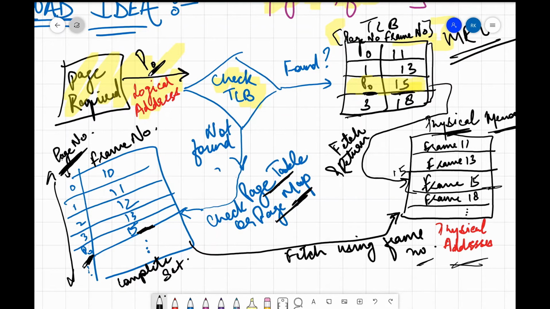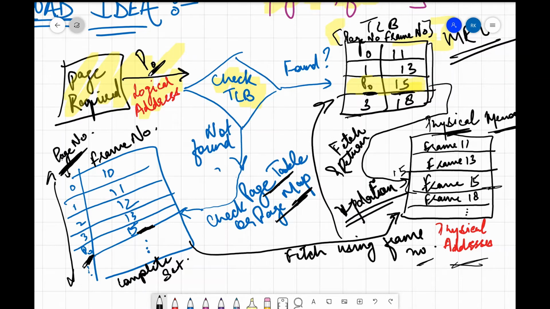Now another important thing, the last step that would be performed over here would be what? Now this is one of the recently used page entries, right? So you will be updating this page entry also. This updation will also occur. Most of the books where they specify this entire thing, they are missing on this point. In many of the books they are missing on this point, that this updation is also performed in the TLB, because now this is one of the most recently used pages, right?